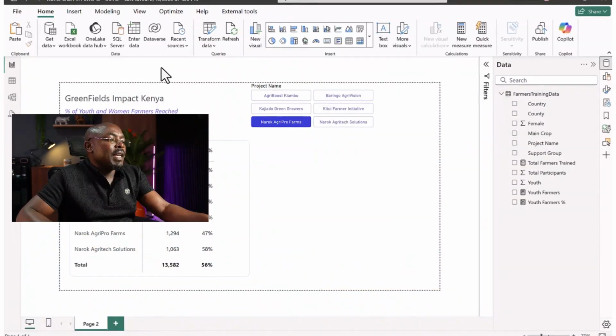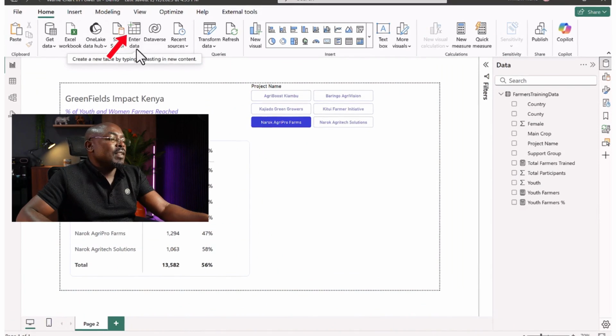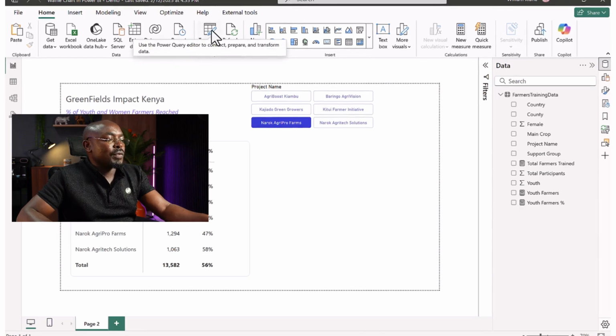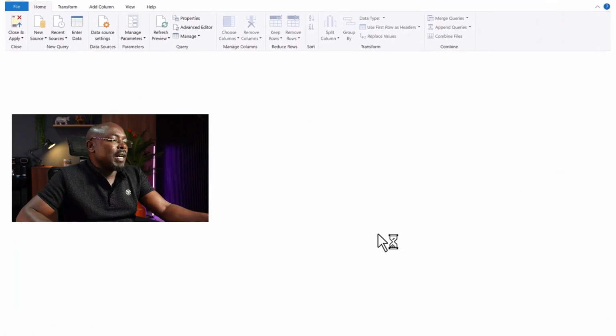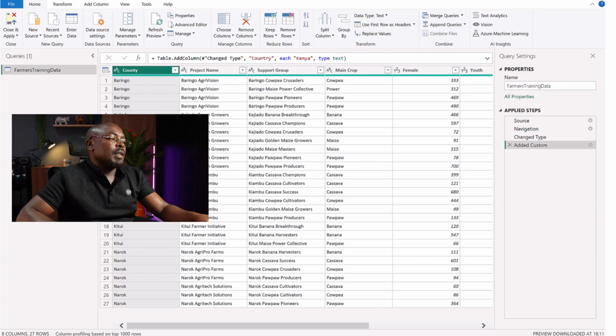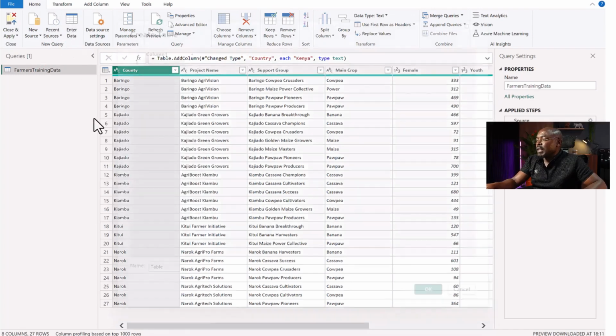So here in Power BI, from the Home tab, you can click Enter Data, as you can see here. Alternatively, you can also click the Transform Data button here, and that's what I want to click. This will open Power Query. So what you see here is simply the backend of the table that we connected to get the data. But what we want to do is to click the Enter Data from the Home tab here in Power Query